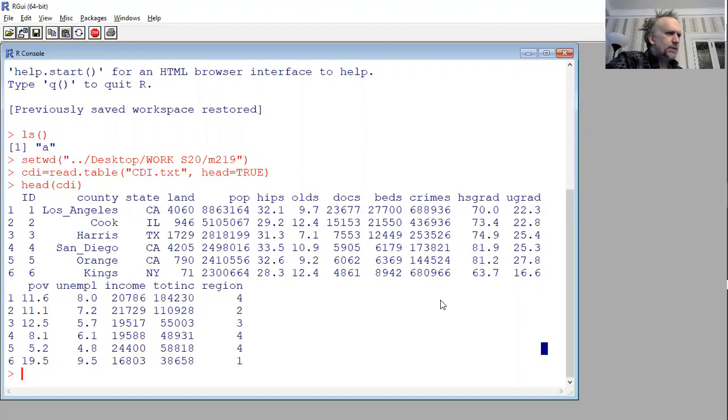If I go through the variables: county, state, land area, population, percent 18 to 34, percent over 65, total number of doctors, total number of beds, total number of serious crimes, percent high school grad, percent undergrad, percent below poverty level, percent unemployed, per capita income, total income, and a region identifier. So it seems like we should stick with all percents